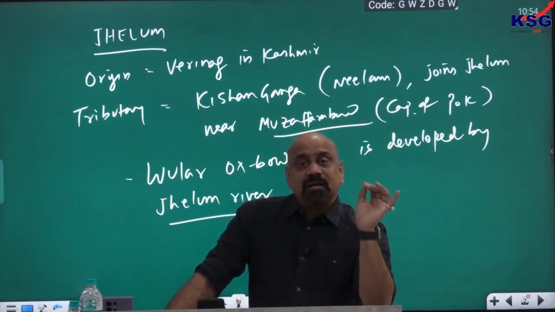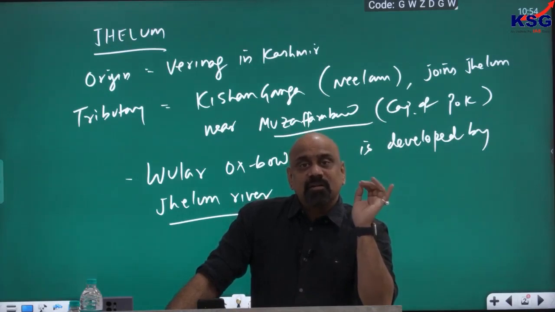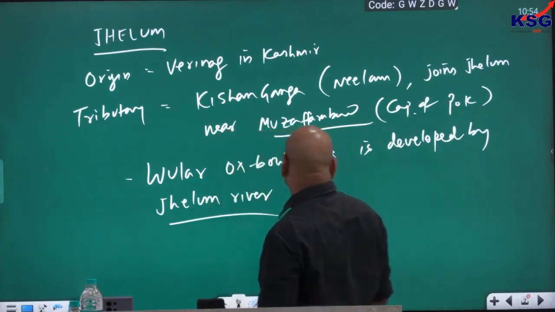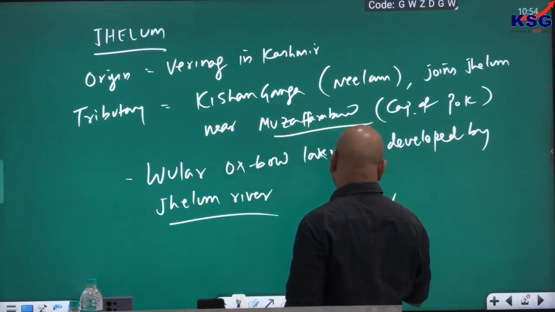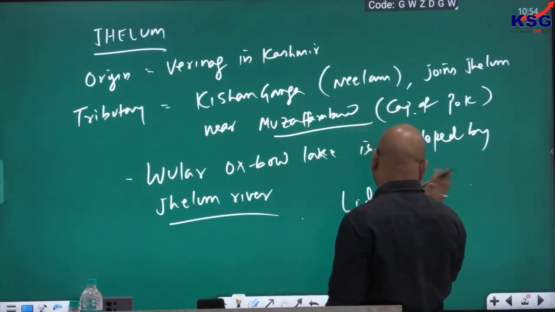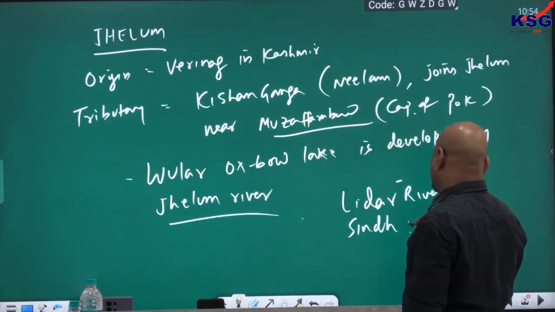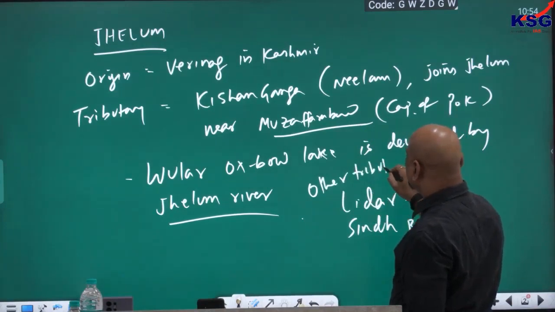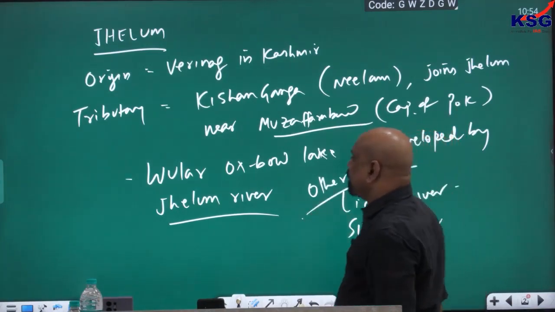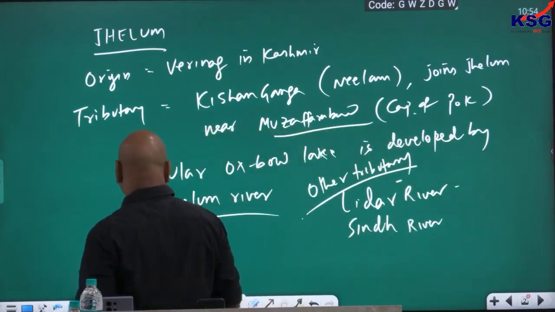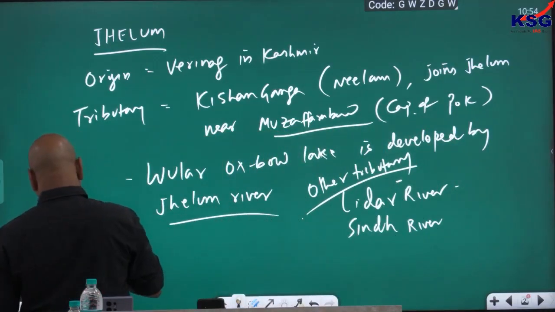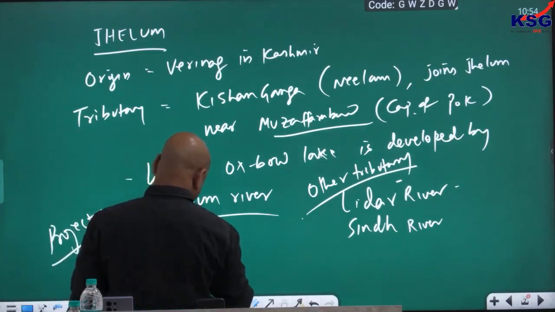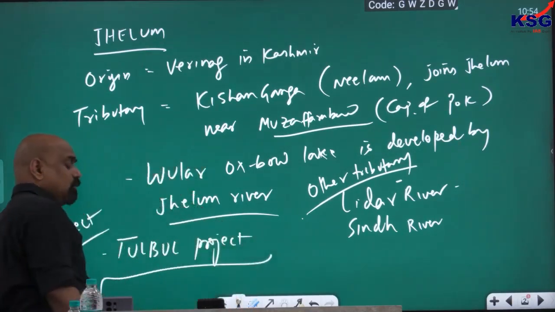There is a river known as Lidar, there is a river known as Sindh, they are also tributaries of Jhelum. Other tributaries are Lidar, Sindh. Sindh river, Lidar river, other tributary. बहुत छोटा है ये, इतना इंपॉर्टेंट नहीं है, मगर जस्ट आई सेड। झेलम रिवर में है तुलबुल प्रोजेक्ट। नेविगेशन प्रोजेक्ट है तुलबुल प्रोजेक्ट, तुलबुल प्रोजेक्ट इज इन दिस।